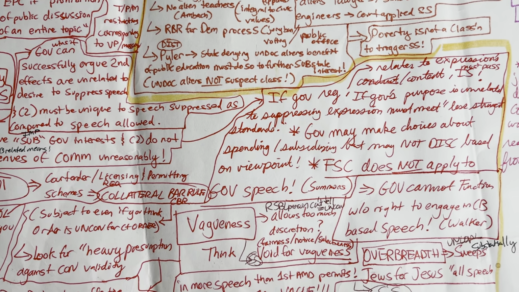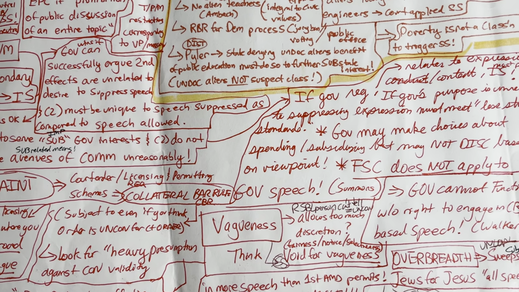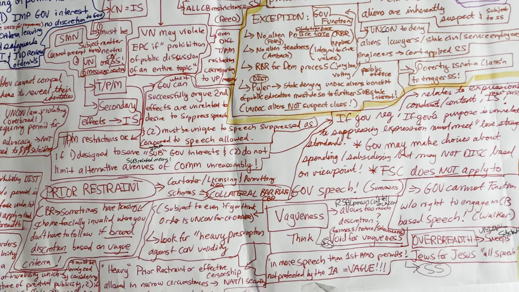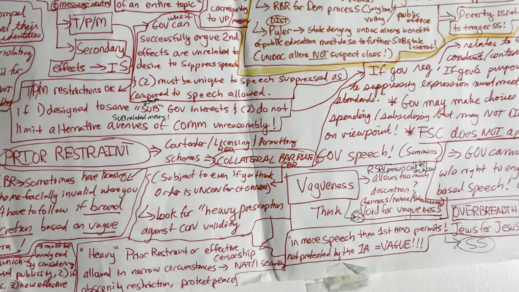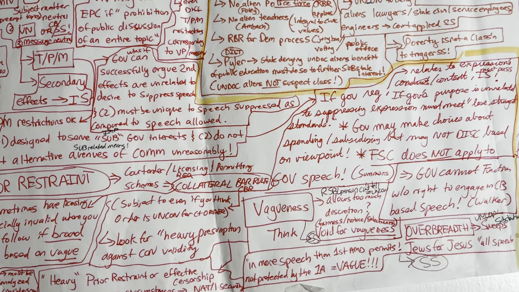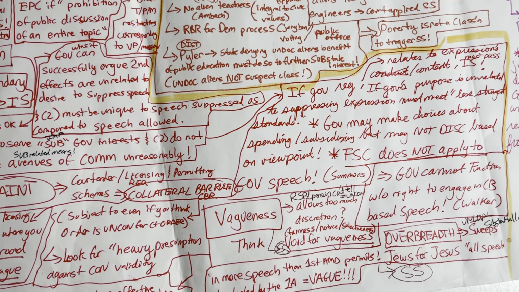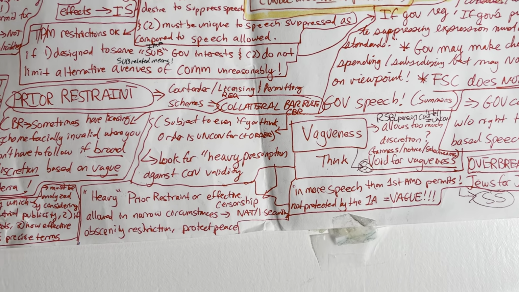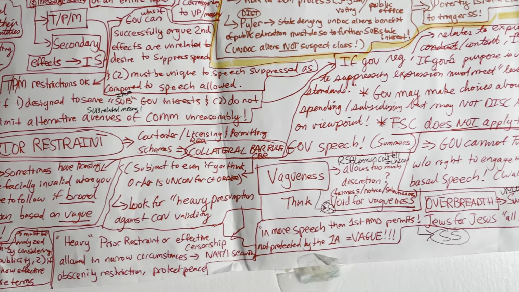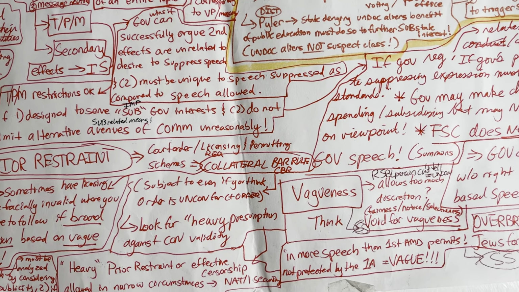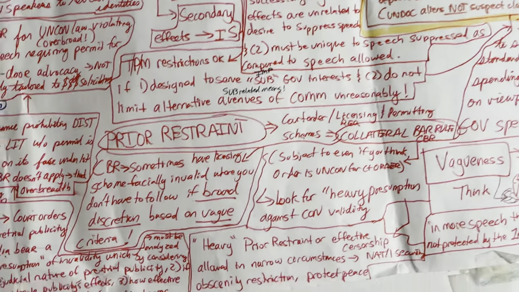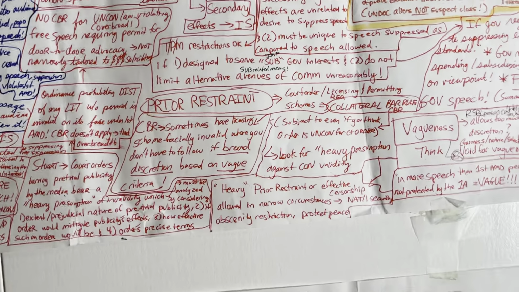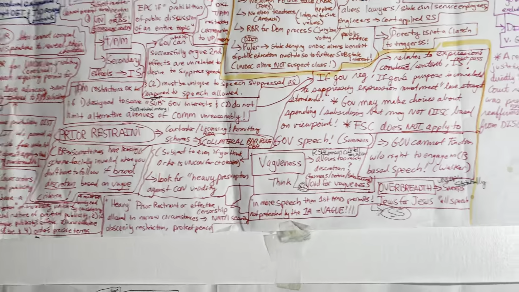The free speech clause does not apply to government speech. It applies to our private speech that the government tries to regulate through time, place, manner restrictions, as an example. The government cannot function without the right to engage in content-based speech. And that's from Walker, so we want to distinguish this. Remember, that may be a multiple choice question: the free speech clause does not apply to government speech. It really applies to the speech of regular Americans, or just regular people, civilians.